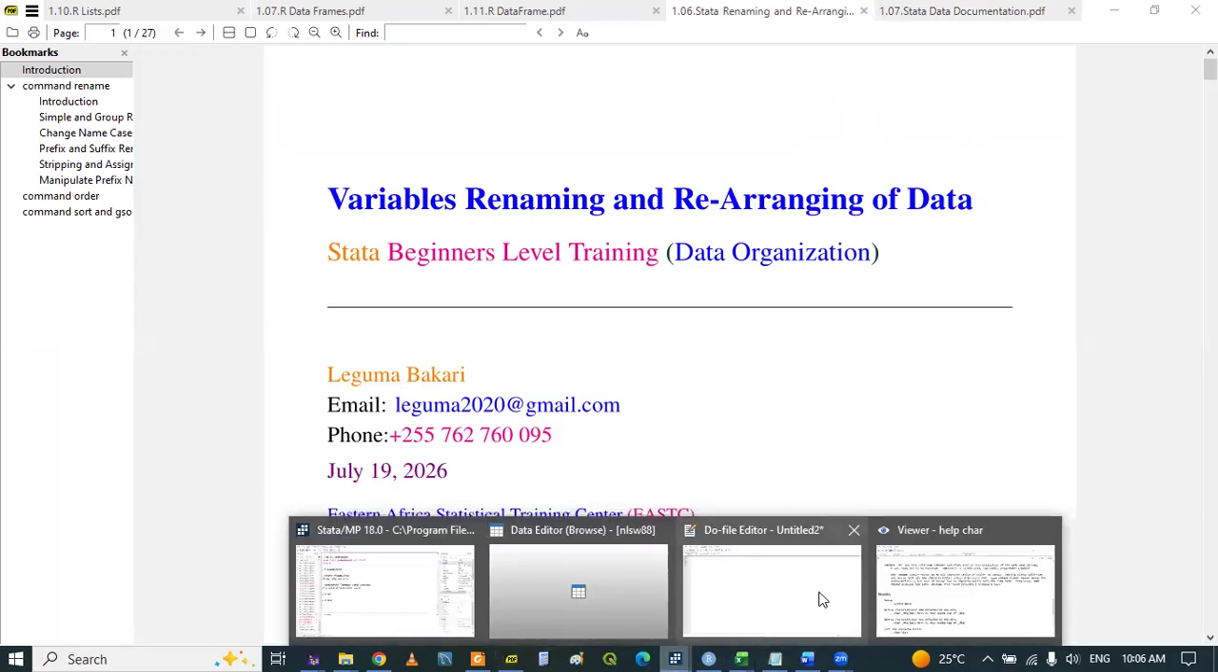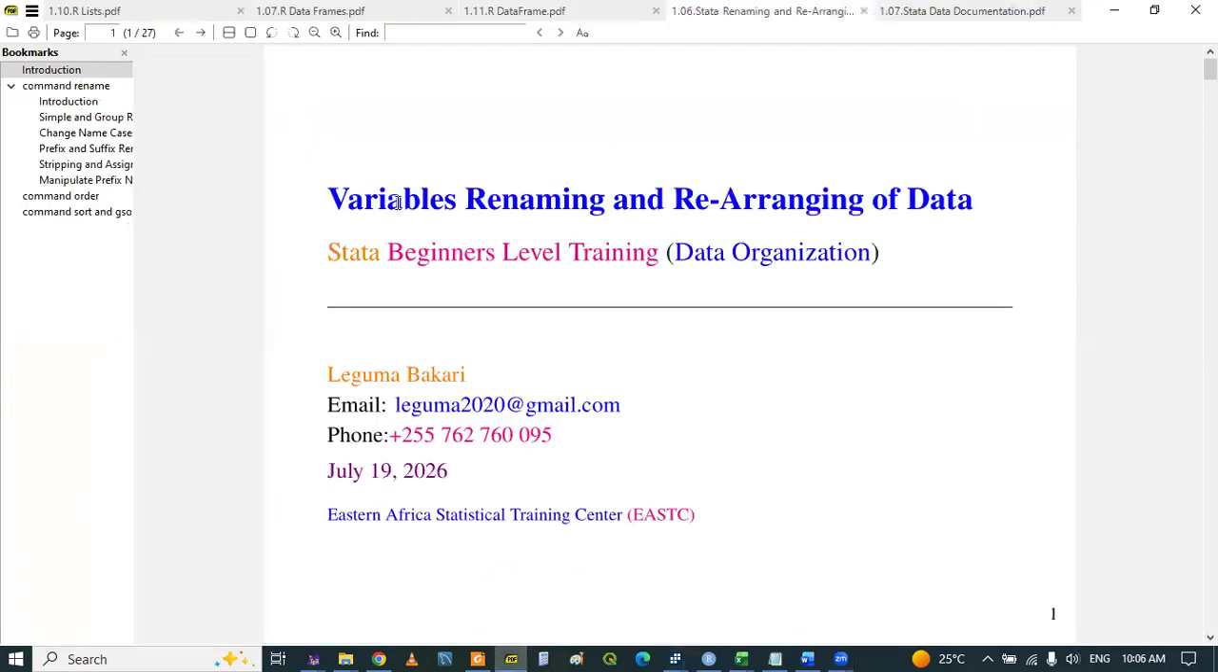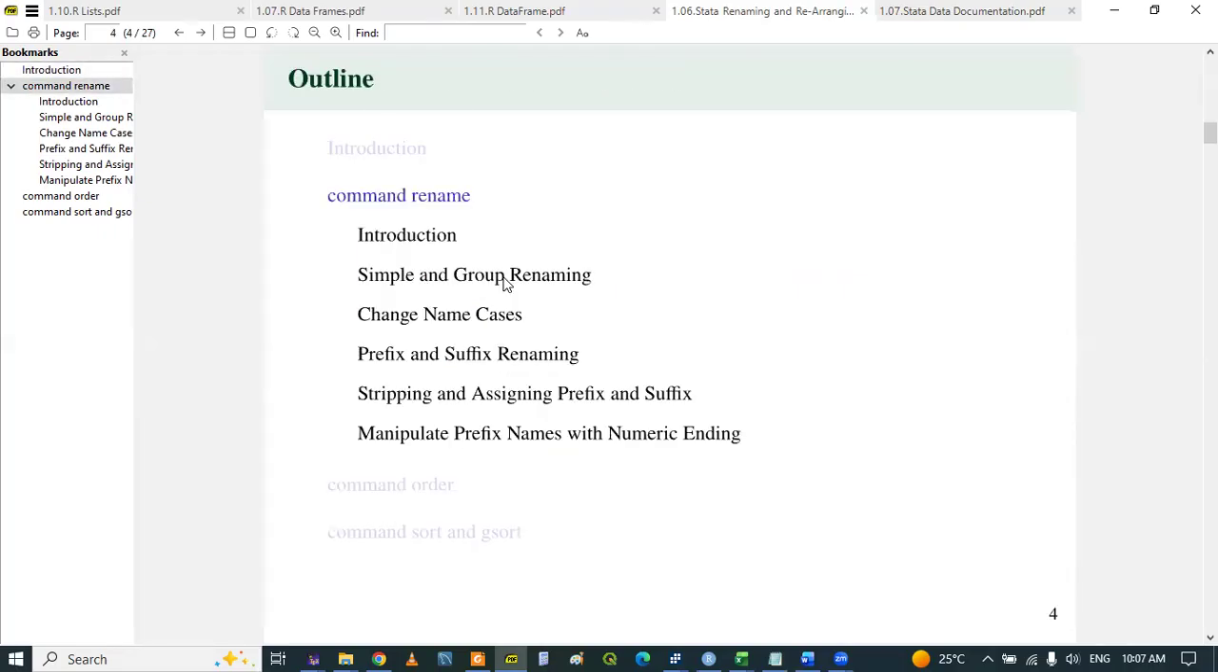Actually, we covered what we called previously data organization part 1, but I have decided to rename that to variable renaming and rearranging of data, because about 80% of the content was dominated by renaming variables, and a small part was moving columns using the order function, as well as sorting observations using the commands sort and gsort. So I have decided to rewrite the document, which means the major part of what is covered now can be visible